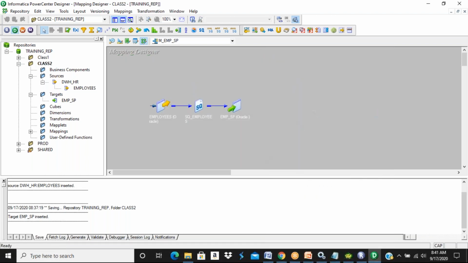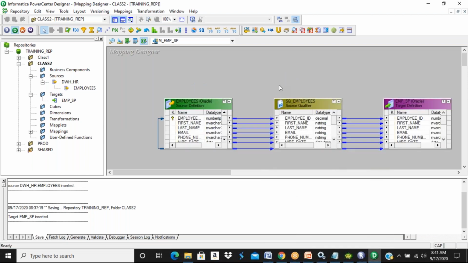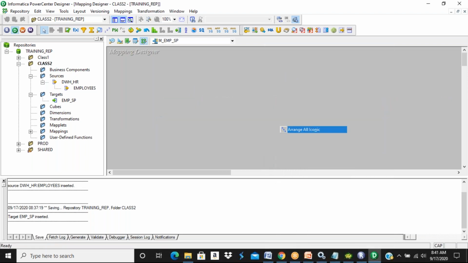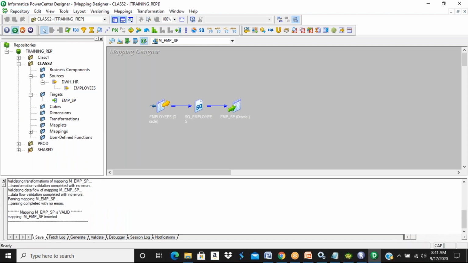This is called mapping. And mapping is a data flow diagram which tells us how data flows from source to target. So as soon as you create a mapping, you need to save it. So what all code is saved in your repository database? You have a mapping, you have a source table structure, you have a target table structure, you have a source ODBC connection, target ODBC connection, folder name, etc. Right? So this is all about what you develop in the mapping designer.